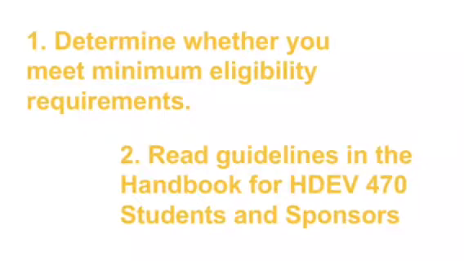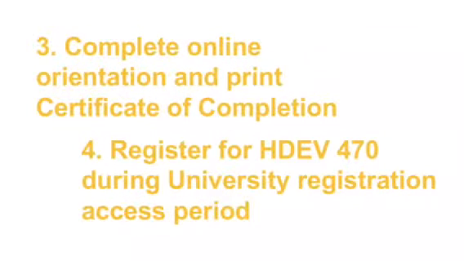In summary, to enroll in and complete the HDEV 470 class, you must first determine whether you meet minimum eligibility requirements, read guidelines in the handbook for HDEV 470 students and sponsors, complete online orientation and print the certificate of completion, register for HDEV 470 during university registration access period,